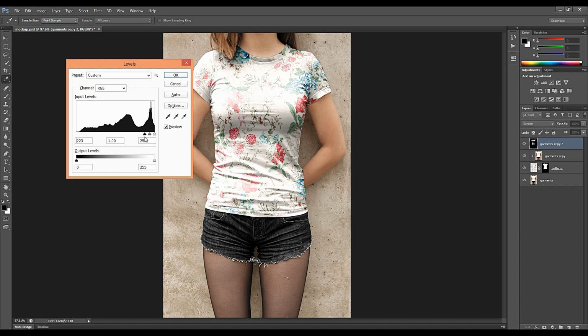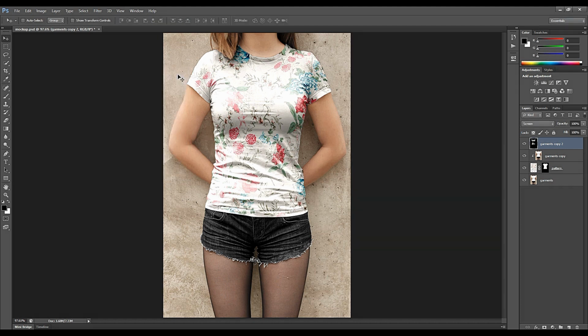Some lighter shades we want. This is okay. Press OK. Again select the garment copy layer.